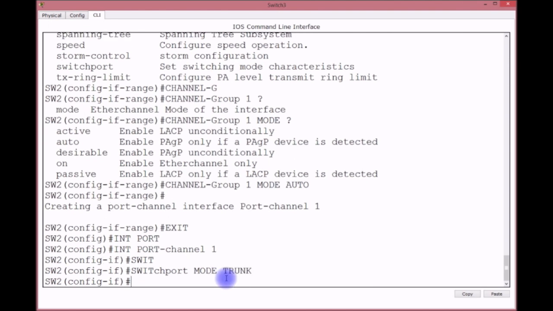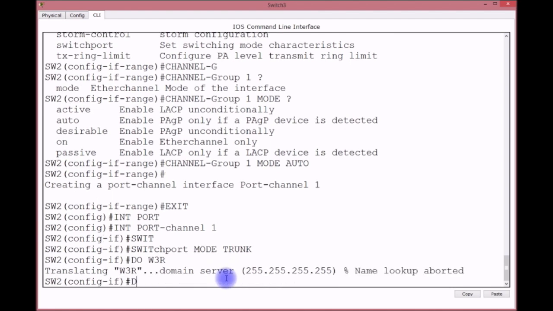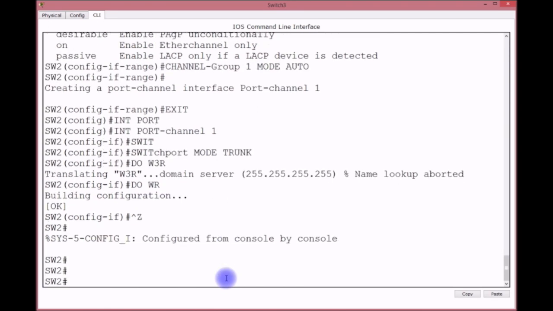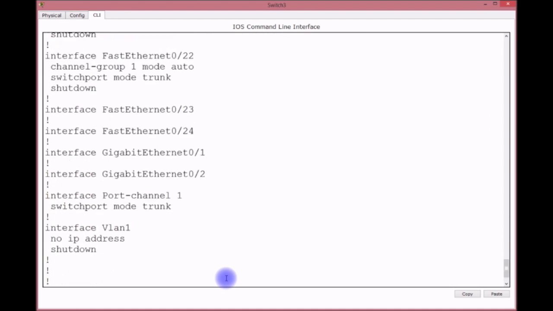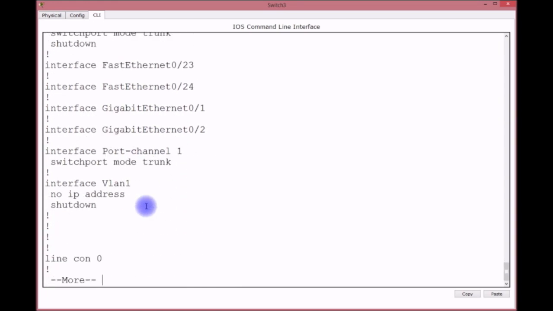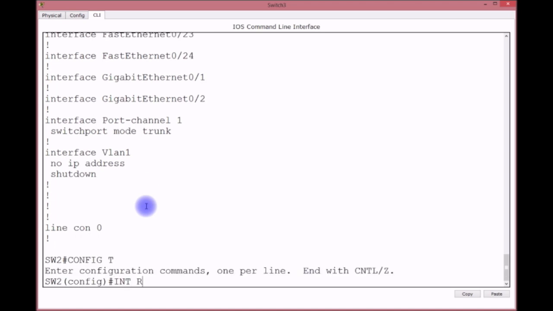Okay, so now that we've done that, let's do WR. Oops, Control Shift 6. Do WR. And now let's verify that it's good to go. Trust but verify. Again, we're not going to get into too much detail, but just in case, here it is. Okay, so let's go back into the range, int range